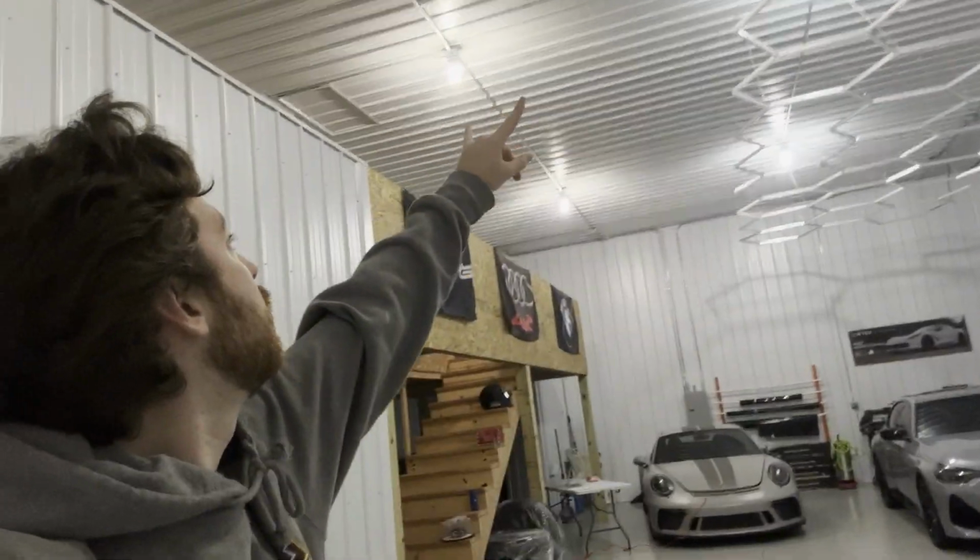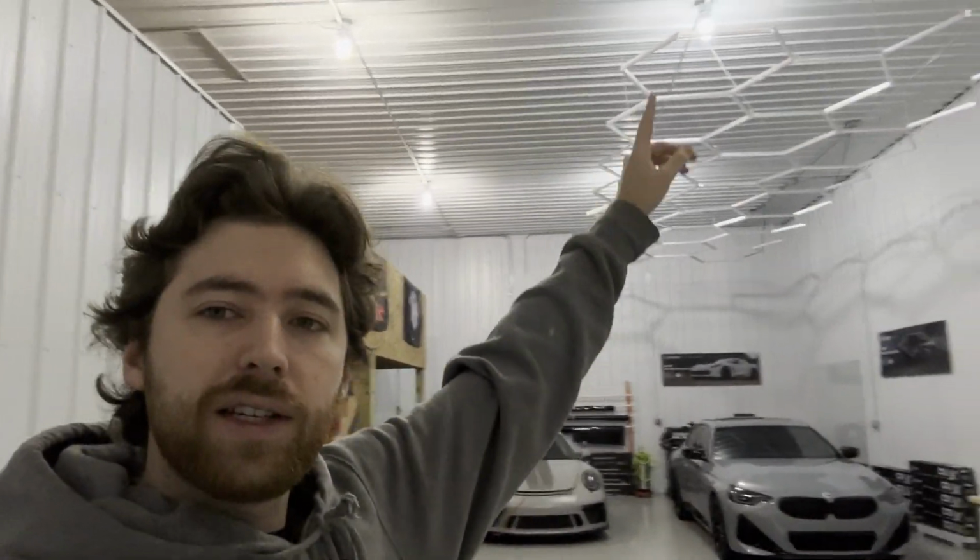We have 5 of these kind of LED things in the ceiling, which came with this unit. They're not the brightest lights in the world. Obviously it gets enough to illuminate the space, but this being about 1,600 square feet, we really need more light to diffuse around. This space kind of acts as our showroom, so we like to have it really bright,